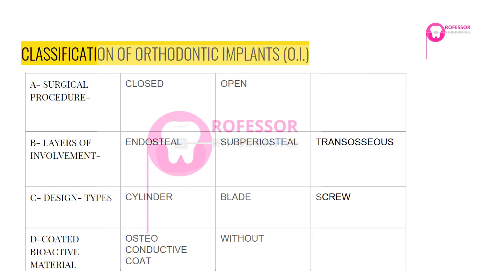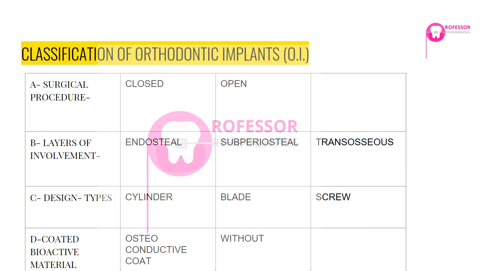Whereas the open implants are the implants that require a surgical exposure of the site. Examples would be the zygomatic implants. Zygomatic implants are usually of the blade design type. In the previous few slides you have already seen the shape of the blade implant. There's a body, and then there are holes to engage the implant in the zygomatic process, and then some part of the implant is revealed into the oral cavity. Most of it is covered.